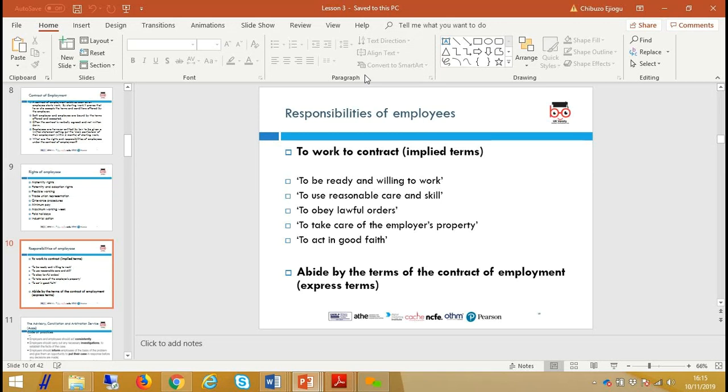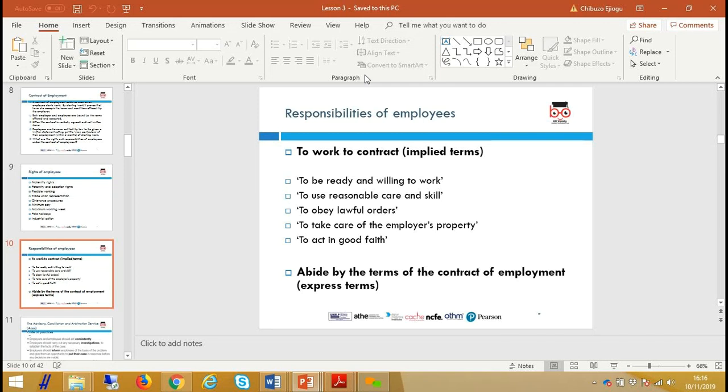Because we cannot write everything. If we try to write every single thing in a contract of employment, it will be 1,000 pages long and we'll still miss some things. So there are some reasonable assumptions the court makes in saying that there are implied terms that create rights and responsibilities for both the employee and the organization. So, for instance, there's an implied term that every employee should use reasonable care and skill. When they're doing their work, they should be diligent and should use reasonable care and skill. They shouldn't do it just anyhow to poor quality.